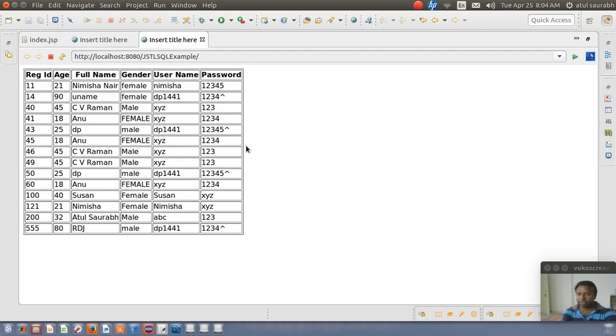Let's see whether that is inserted or not. Yes, you see this value is inserted here.